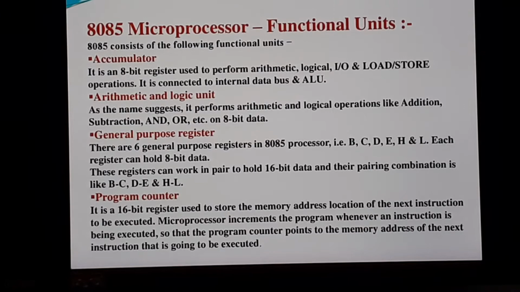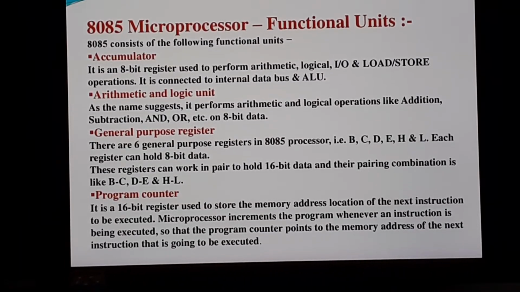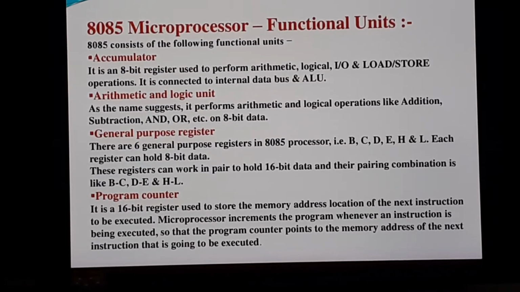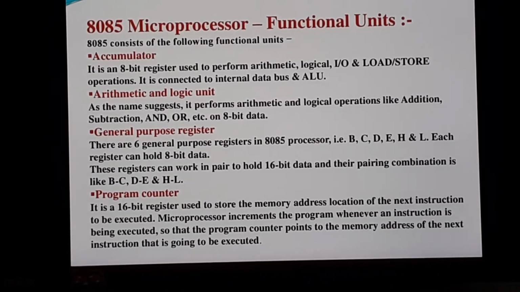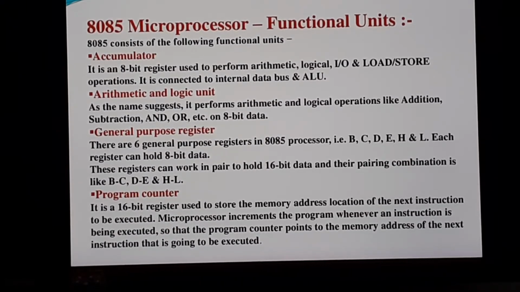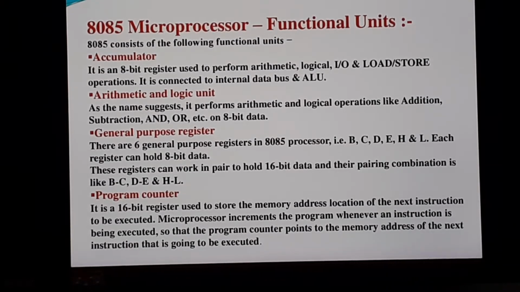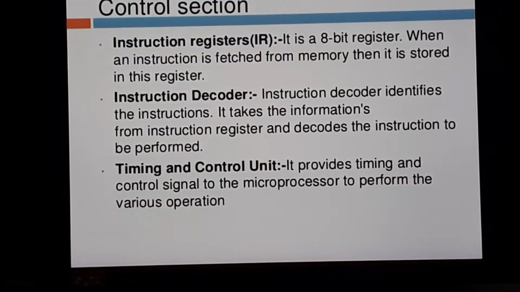What do you mean by instructions? We'll see in the next chapter, that is chapter number 2. Instructions are nothing but from these registers itself. One by one we'll see all of these instructions in the second chapter in detail. So you only need to study this chapter before that. So you need to study the size, then what is a register, what it does, the purpose, the description with the diagram. So program counter, again it is a 16-bit register. Then what it does, it is used to store the memory address location of the next instruction that is to be executed. So program counter.